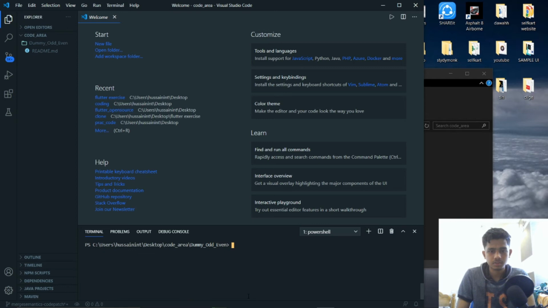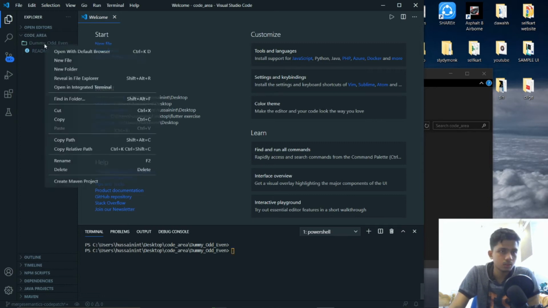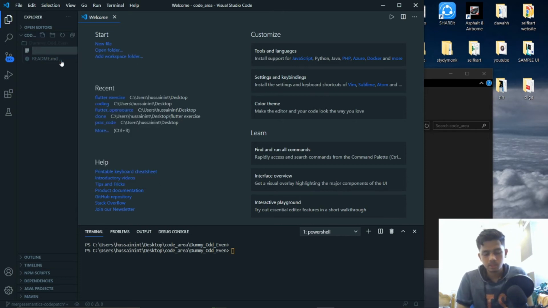I'll just give clear. So now we will have to write our code inside this folder. In this example, I'm going to write my code in Python. So we'll create a new file and I will give this file the name code.py. No, let's write in Java.